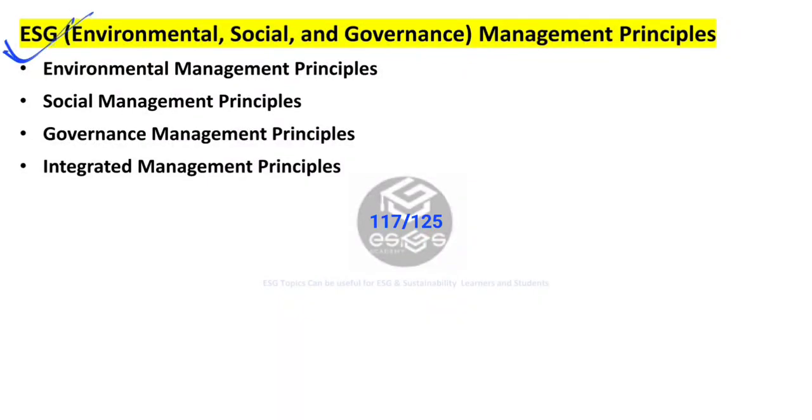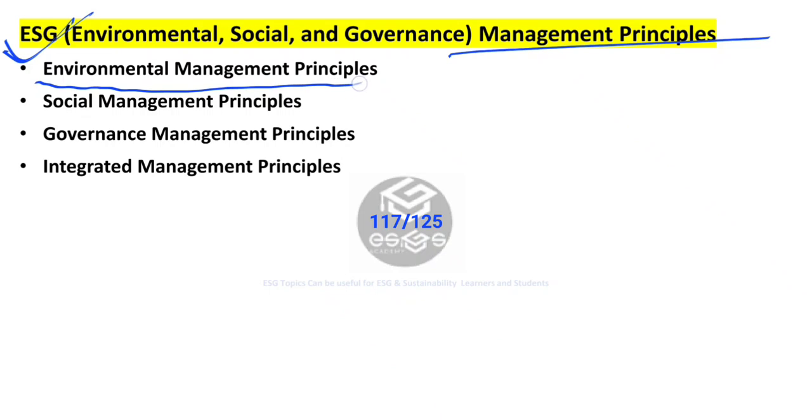Let us start our new topic called ESG Management Principles. In this we are going to guide about the ESG Management Principles. Basically, the organizations integrate sustainability and responsible business practices into their operations and decision making processes. So, we integrate all the ESG management principles into the organizational operations, like integrating sustainability and responsible business conduct into the operations and decision making process. Here we are going to discuss the key ESG management principles that organizations can adopt. We will see one by one.